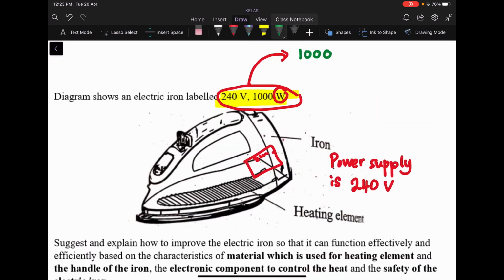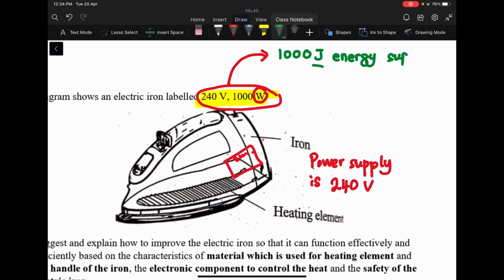Yes. It is power. Okay, sit down. 1000 joule. 1000 joule of what? The unit joule, what is it? Energy. 1000 joule energy supplied